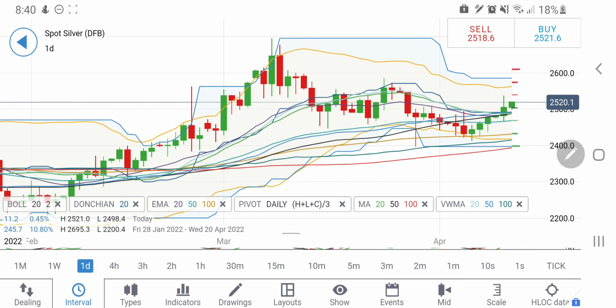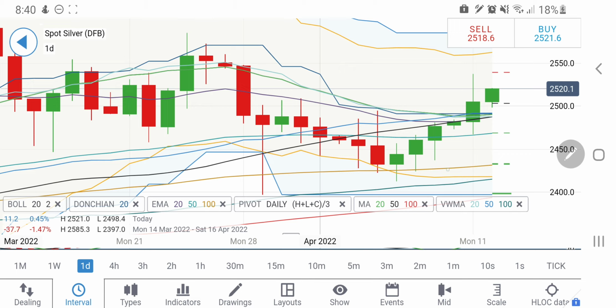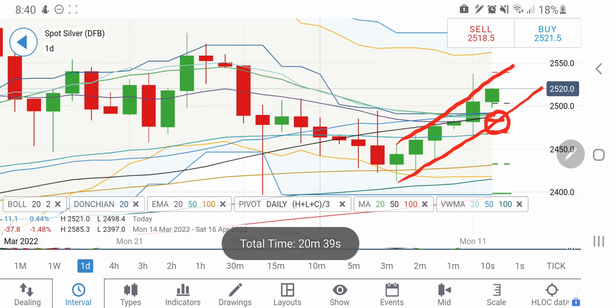On the daily charts you can see very clearly that, see, first this is trying to trade in this channel. The support here for the day at 2480 and then 2460 zone, 2470 zone. These levels are important. Then 2460, these two levels 2460 to 2480 is going to be a fairly strong support level for silver for any further drop. At the same time, it is trying to trade in this channel. It has seen a high. Now the high for the day lies at around 2530, 35 zone.